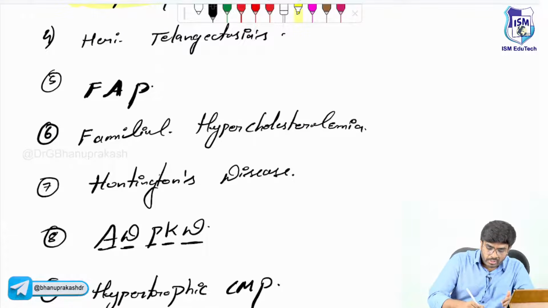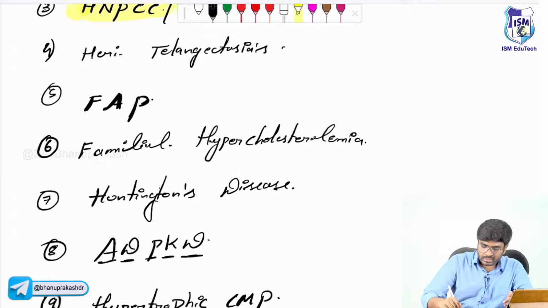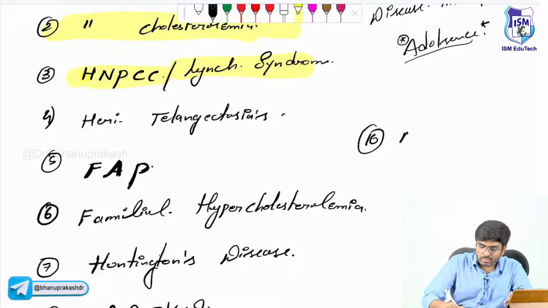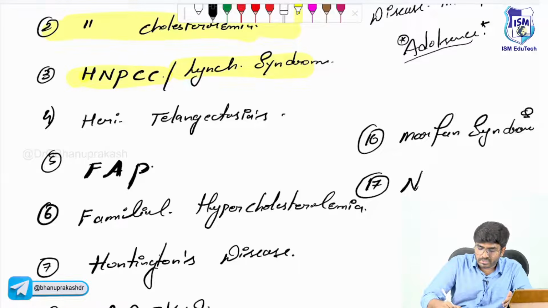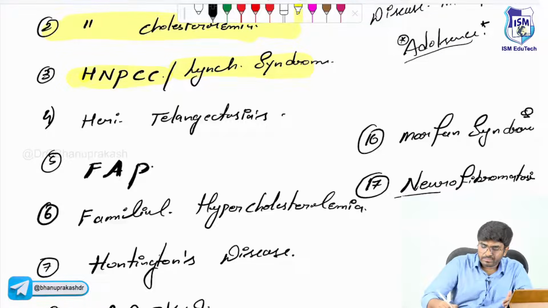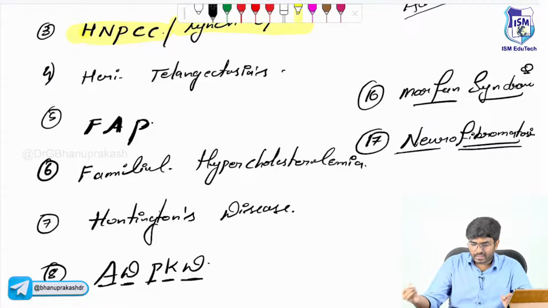Okay, even some important autosomal dominant. Let me write one important thing I forgot here. In autosomal dominant, add one more thing: 16th, Marfan syndrome. Marfan syndrome, MCQ. This is very important, sir. Next, 17th, neurofibromatosis. Okay, Marfan syndrome and neurofibromatosis also follow the autosomal dominant inheritance pattern. Okay, next,